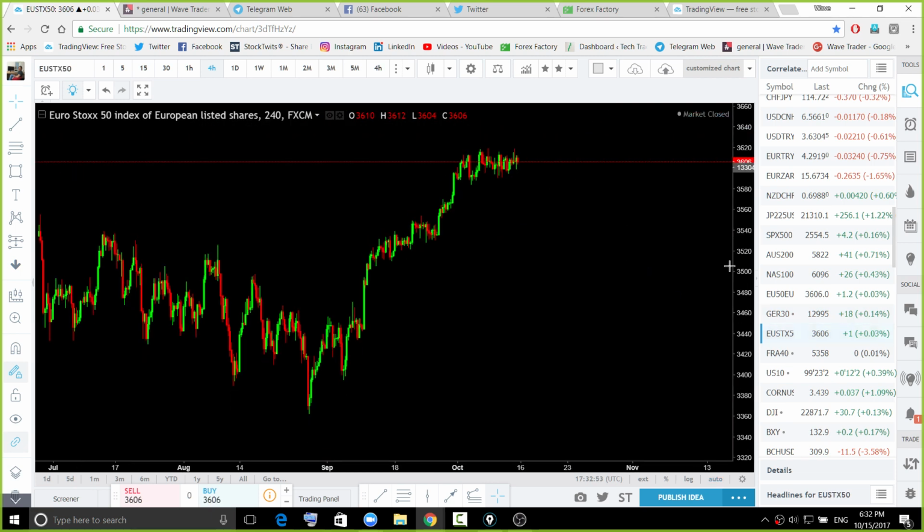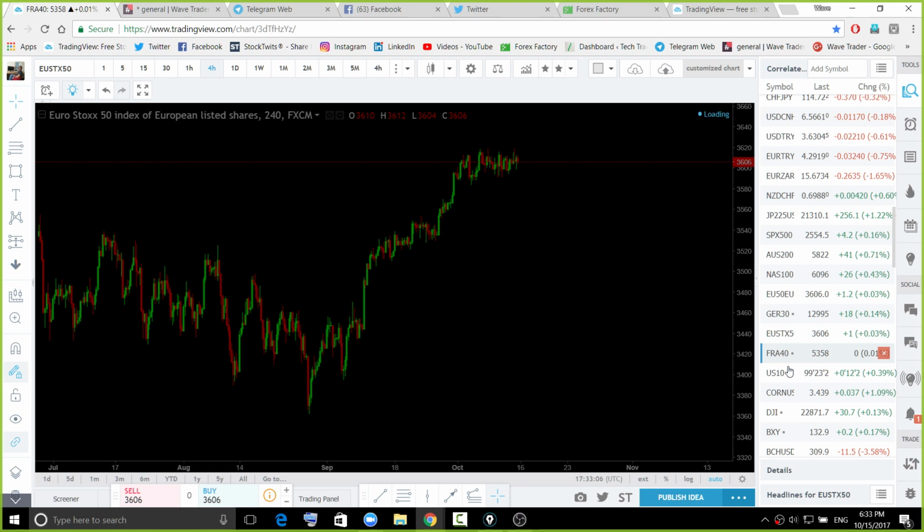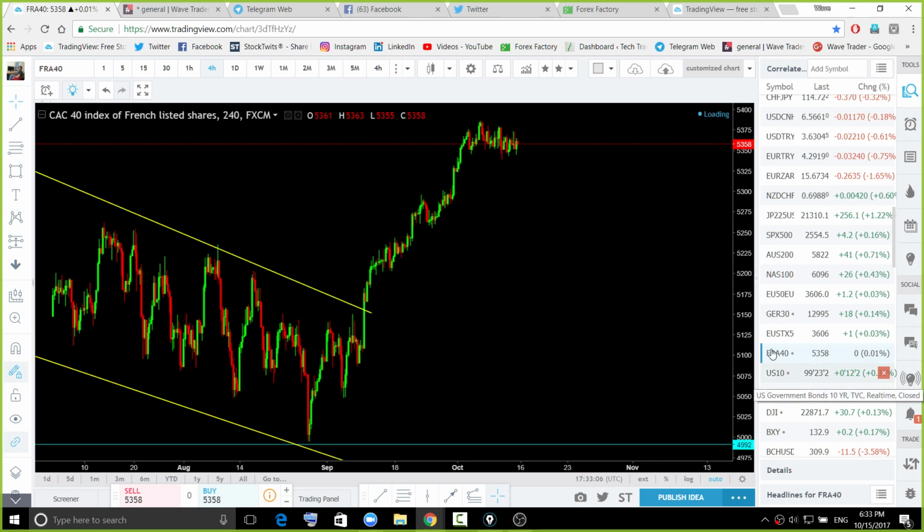Similar here. Okay, so what we are having daily, this is the place you need to look for short-term buy at this area. That trade we need to look for. Okay, continuation. Use stop loss. CAC 40 is quite similar like that. Okay, CAC 40. Buy setup at this area, and look for that trade. If breakout is going to happen, perfect, stay in that trade.